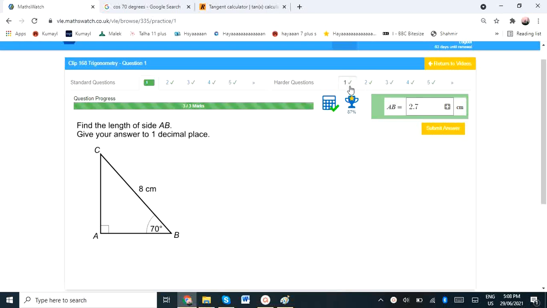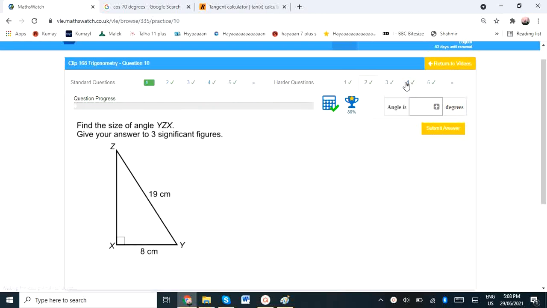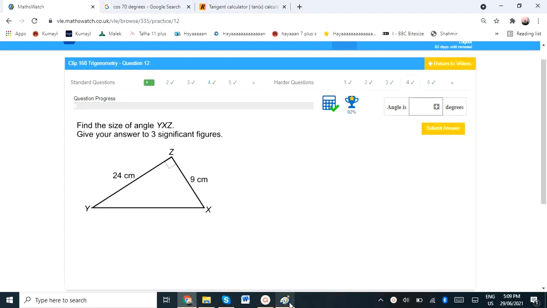your question. Now I would like to tell you what to do when you have to find out the missing angle. For example, in this question, this is a 90-degree angle, and we said that opposite to 90 degrees is always your hypotenuse. So this YX is our hypotenuse, and we need to find out angle YXZ. That means angle X is unknown, which is this, where my cursor is. Opposite to that would be your opposite, we discussed that, and the remaining side would be your adjacent.